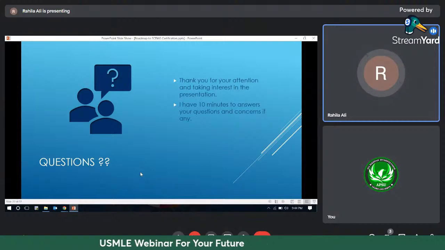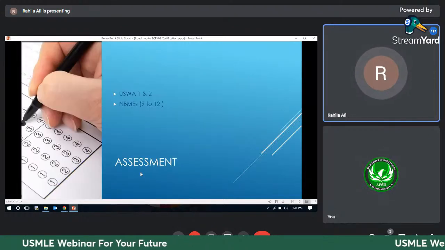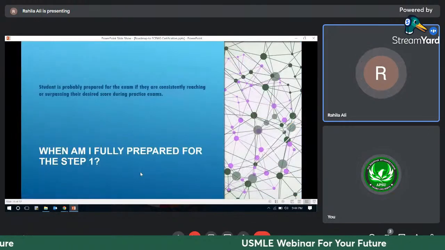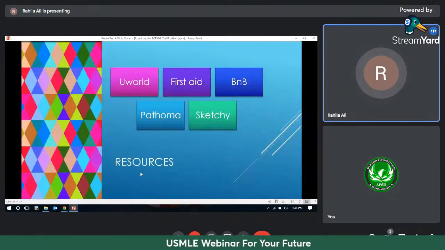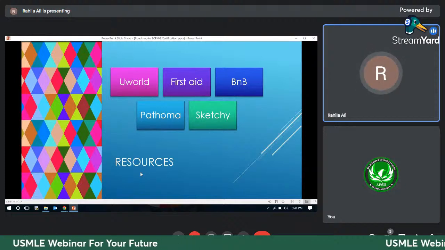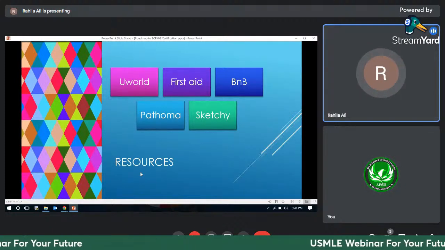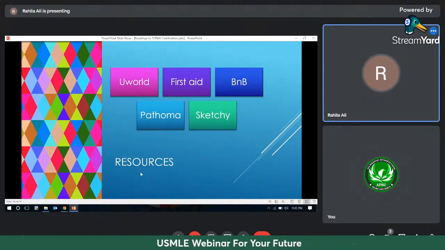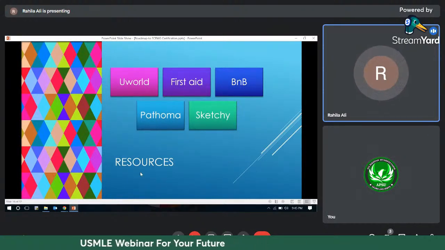फर्स्ट एड मैं मेंशन कर चुकी हूँ। रिसोर्सेज में फर्स्ट एड हैंडबुक ही है, वो आप पीडीएफ फॉर्म में अपने मोबाइल में डाउनलोड कर लें, या फिर उसकी बुक अपने पास रखें, क्योंकि फर्स्ट एड वो किताब है, मैं इसको बोलूंगी होली बुक, जो आप स्टेप 1 में भी यूज करते हो, स्टेप 2 की तैयारी करोगे तो भी आपको समझ आएगी कि मुझे फर्स्ट एड की जरूरत है, मैं अब भी इसको देखूं।